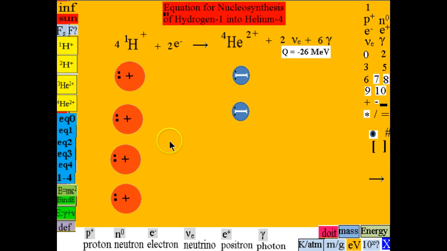Because of the very high temperature and the high pressure, the protons, which have equal charges that normally repel each other, are pushed very close together, and while they are crashing into each other, one proton transforms itself